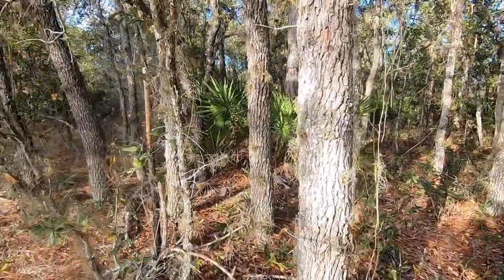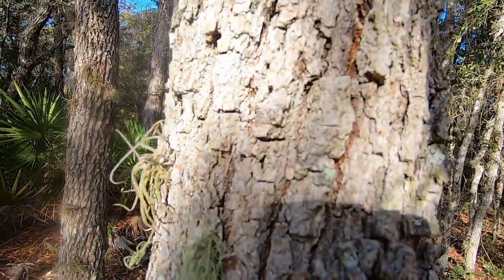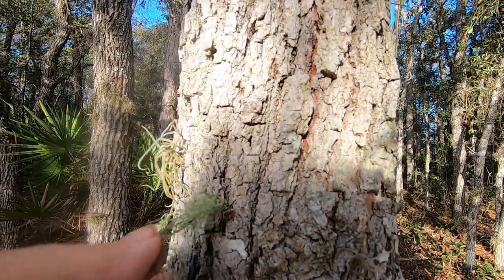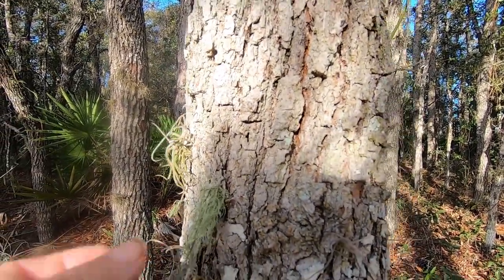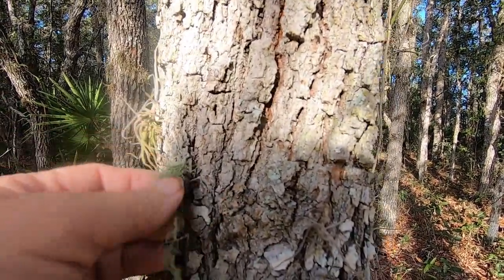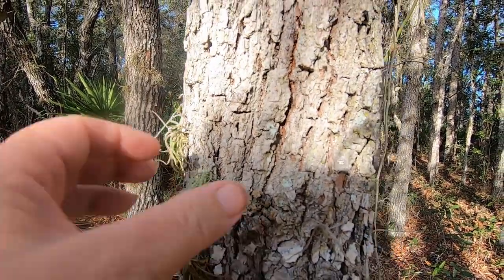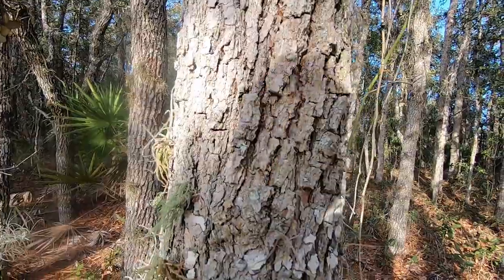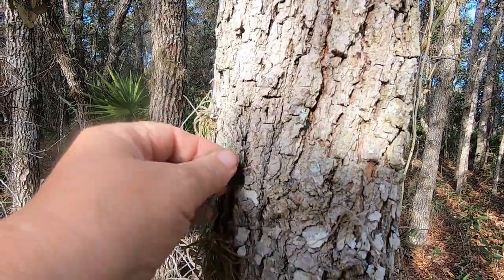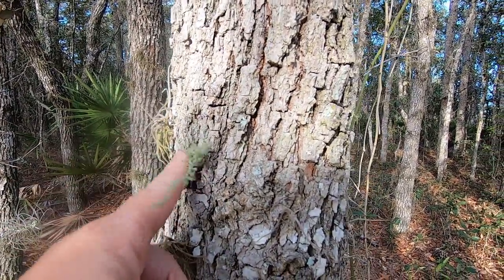Okay, so here's a perfect example of a lichen that is also called Usnea. I don't have a good example of a long one that would make you think of old man's beard or Spanish moss. I think this plant is more prominent in the Pacific Northwest. It grows so thick there that it does look like an old man's beard. Now you could tell that this